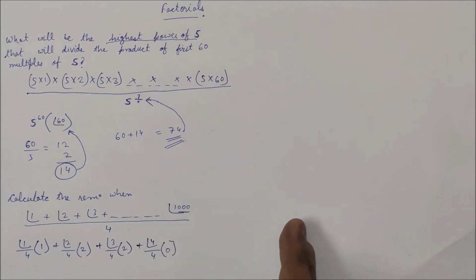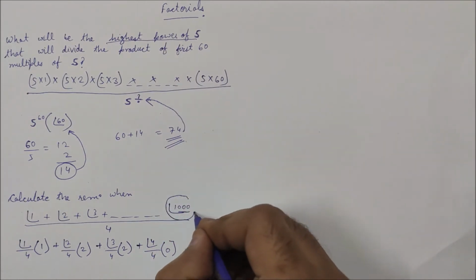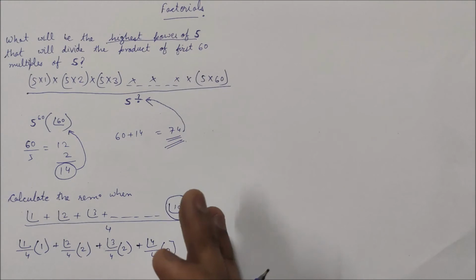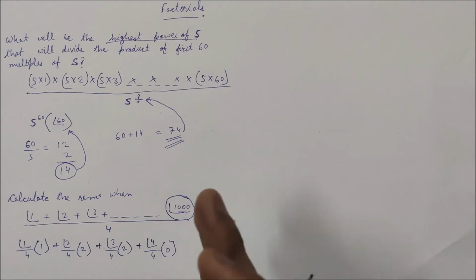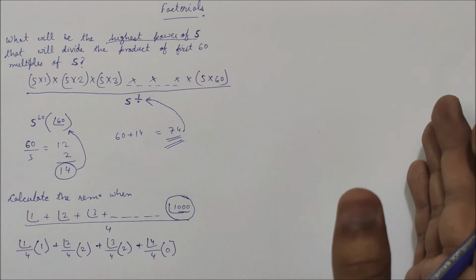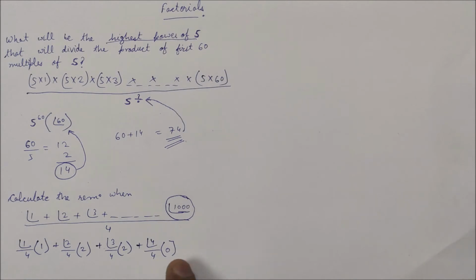So each of the terms after this factorial will give me a remainder of 0 when they are divided by 4. So that means it's irrelevant what this number actually was. Maybe it would have been a million, a billion, it doesn't matter. The only thing to worry about is finding till where the remainder would come out to be 0, because after that term either there would be some pattern of repetition, or the remainder would eventually become 0, and that is what has happened in this case. So beyond this number I don't even need to calculate. I know for a fact that all the factorials beyond this will give me a remainder of 0 when they are divided by 4. So I just need to take care of these numbers.